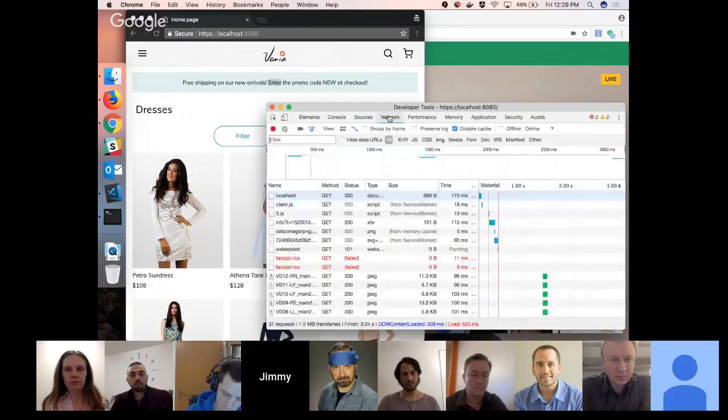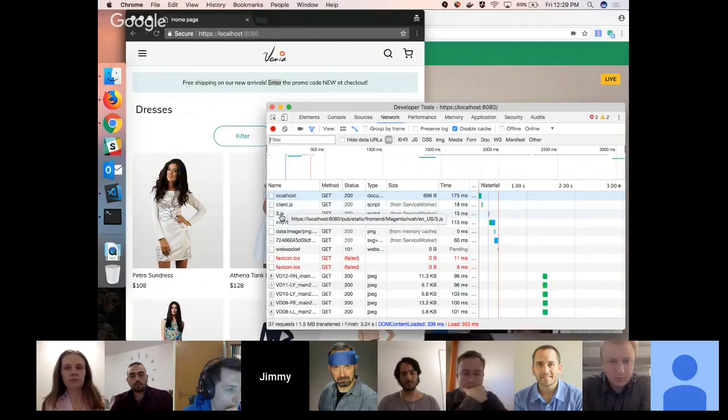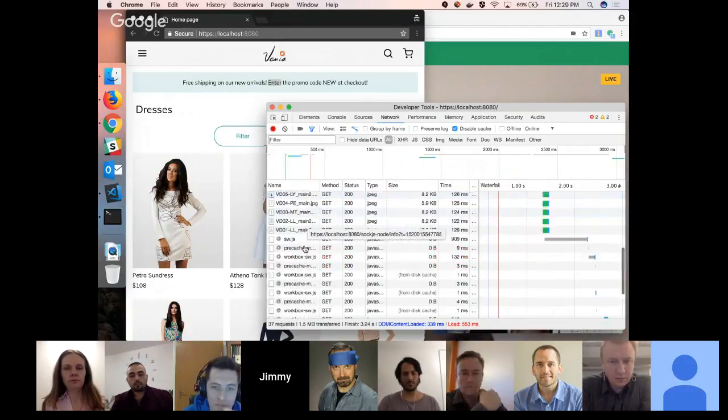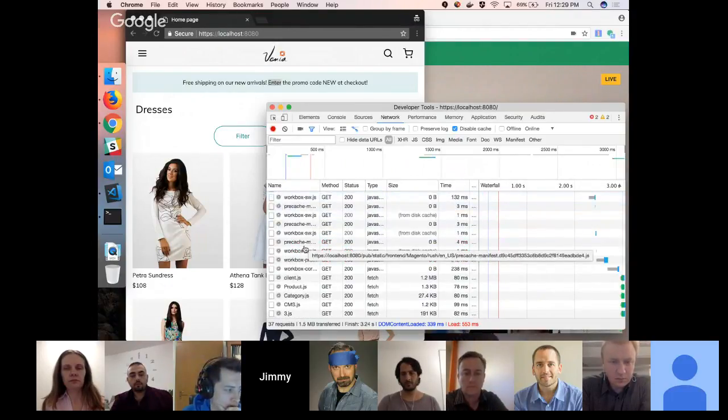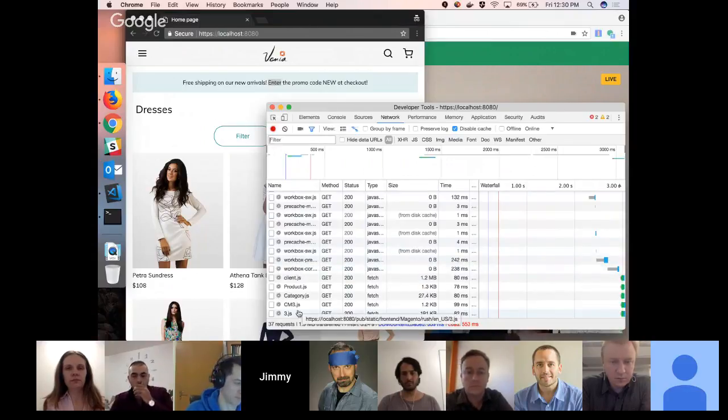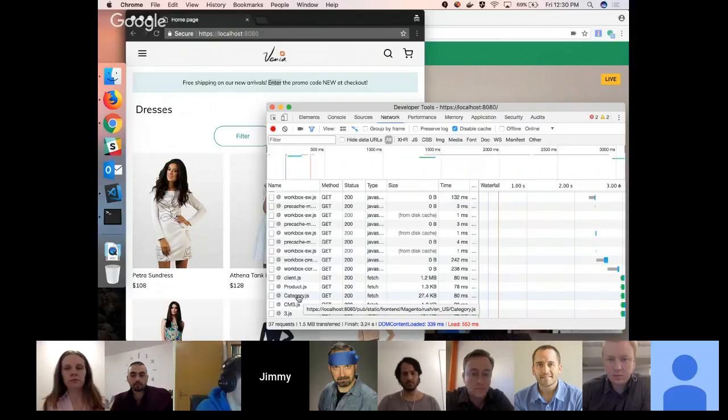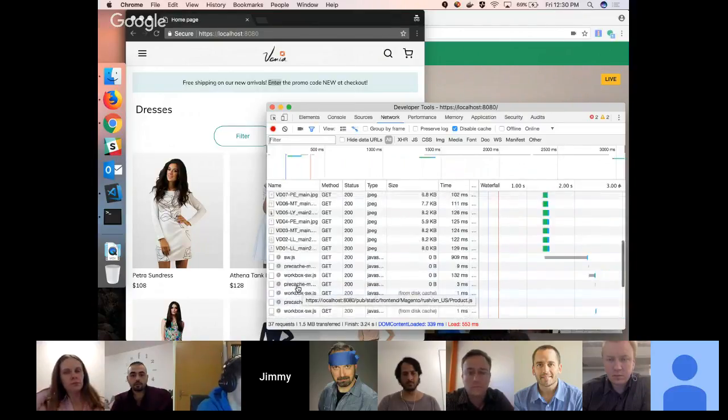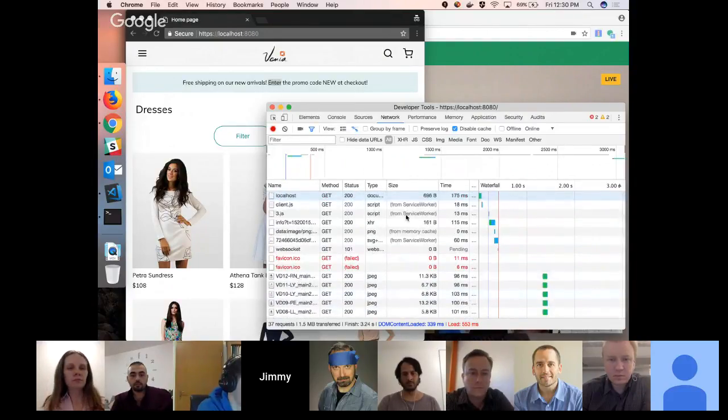And then if we look at the network tab to see what's going on, we can see we had a request to the development server. We got back a document. We pulled down a client bundle. We pull down extra bundles being generated for the different pieces, like different routes of the application. And then of course, all the rest of the images. And then we're also doing some pre-caching because we have a service worker. We can pre-cache the next route. So we can say, okay, we're on the category page. We're going to pre-cache the product route, and so on.